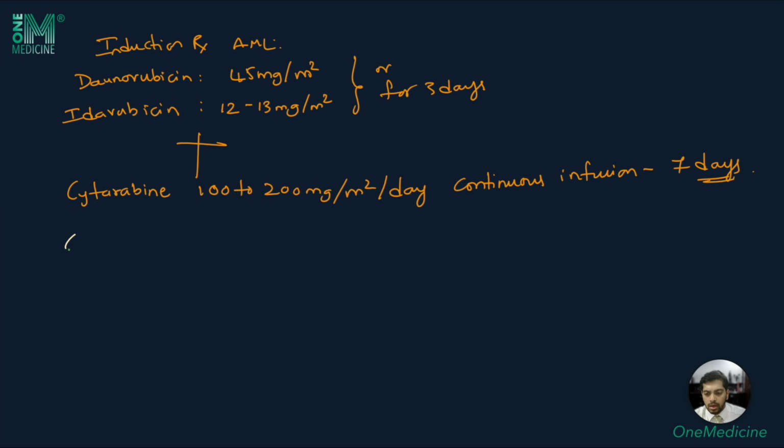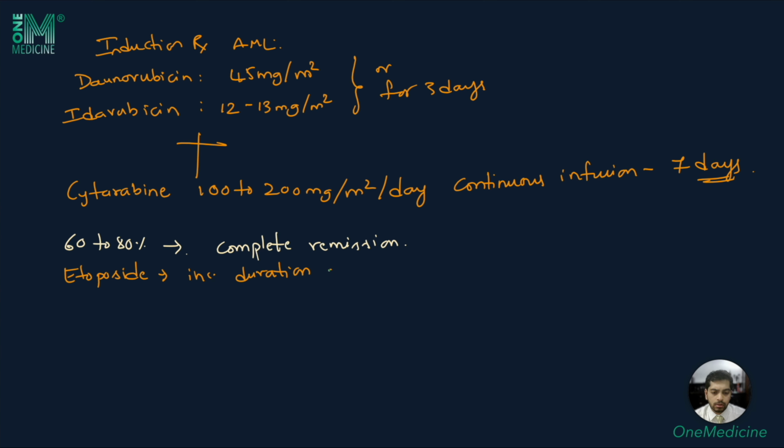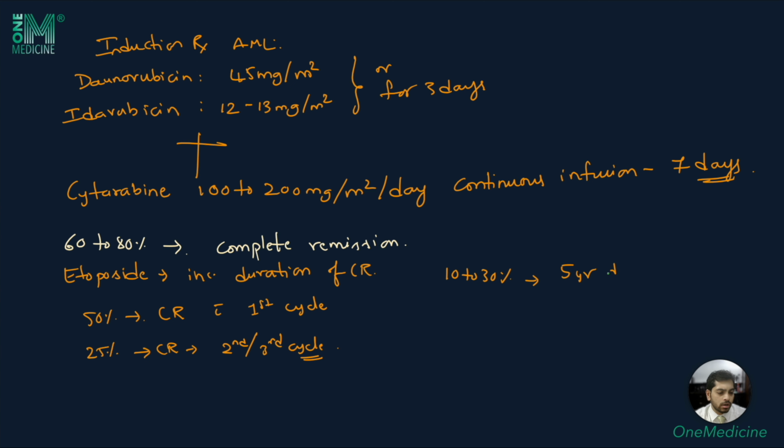With this treatment, about 60 to 80% of the patients do achieve a complete remission. And if etoposide is added, it can increase the duration of complete remission. As a general rule, around 50% of the population achieve complete remission with just the first cycle of therapy, and an additional 25% achieve a complete remission after the second or third cycle of the induction therapy. About 10 to 30% of the patients do achieve a 5-year disease-free survival